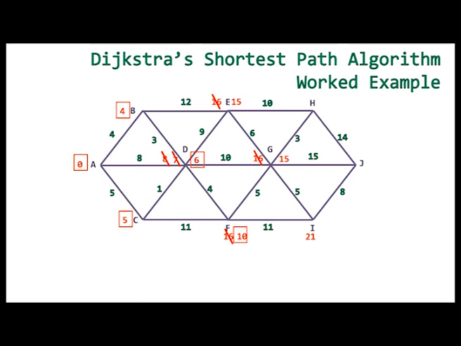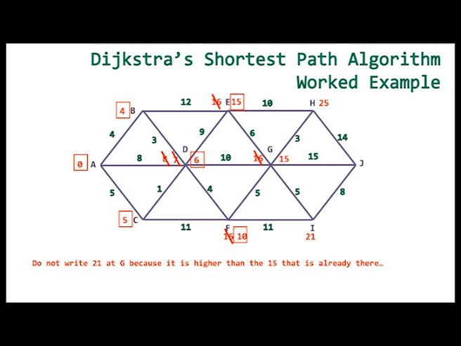Again we're looking at the lowest number. We've got two 15s, and it doesn't matter in the slightest which one you choose when there's two, it doesn't have to be the top. So we're going to start with E. From E to H, 15 plus 10 gives us 25, nothing written there. From E to G is 15 plus 6, which equals 21. Now, we don't write that 21 down, because it's higher than the 15 that is there, so we just ignore it. So now we are done with E.